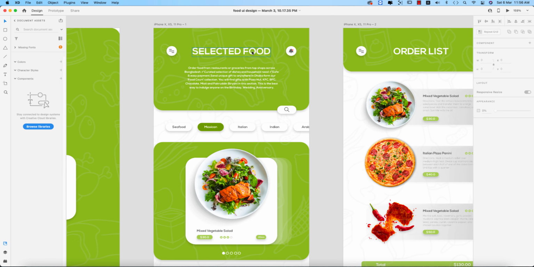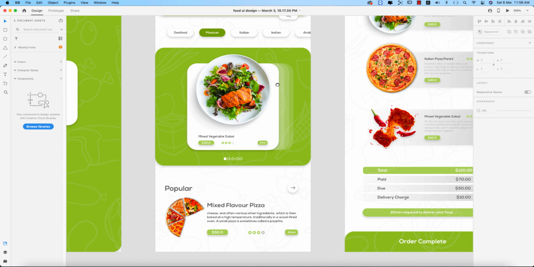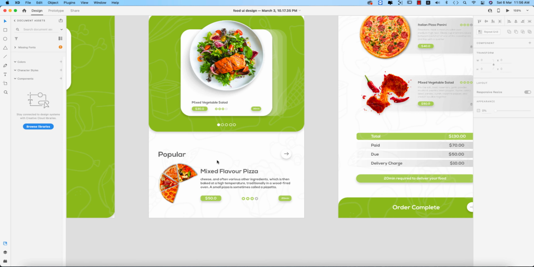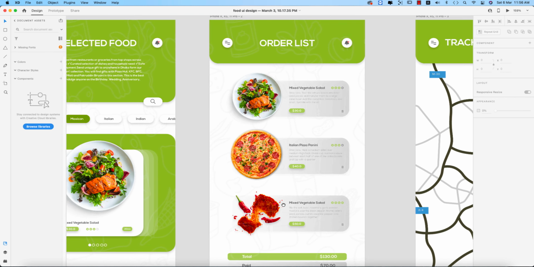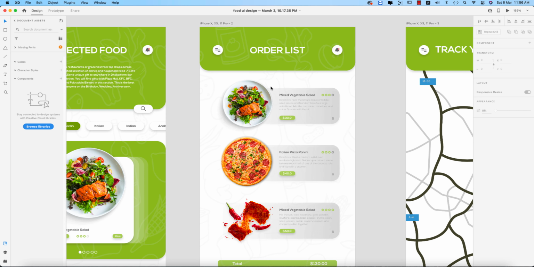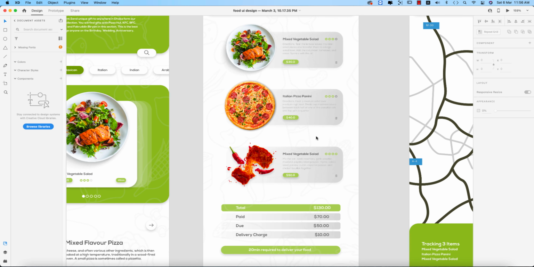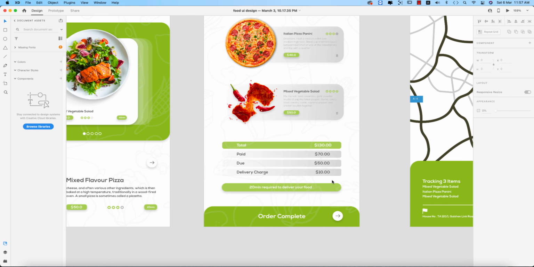There is a search button, and here some explanation: notification bar, menu bar, and the food which one is selected. And these 3 things are showing you more foods, like if you swipe it out, more food will appear over here. And here the popular one, and the order list, which food you ordered already, and here how much amount you paid and how much amount is due, delivery charge,